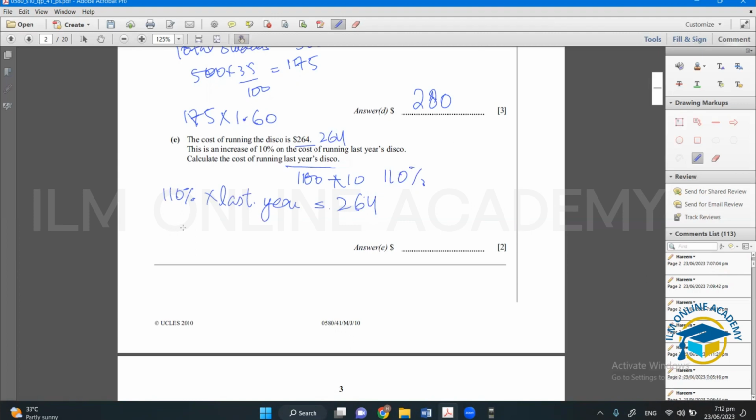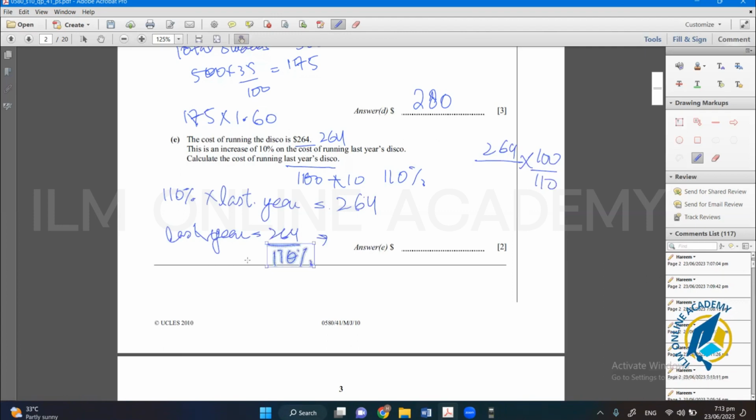So what will I do? It would be easy, a simple calculation. 264 divided by 110%, and it would be 264 multiplied by 100 over 110. I just reverted it: I converted 110% into 110 divided by 100, and then I reciprocated it because I have to get this thing here. So if we calculate it,